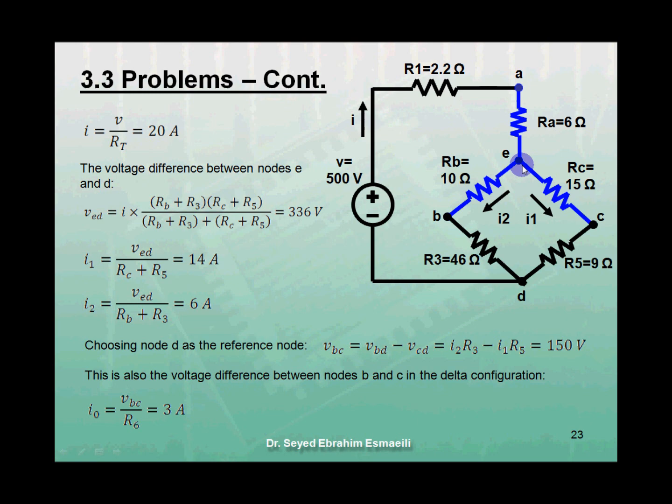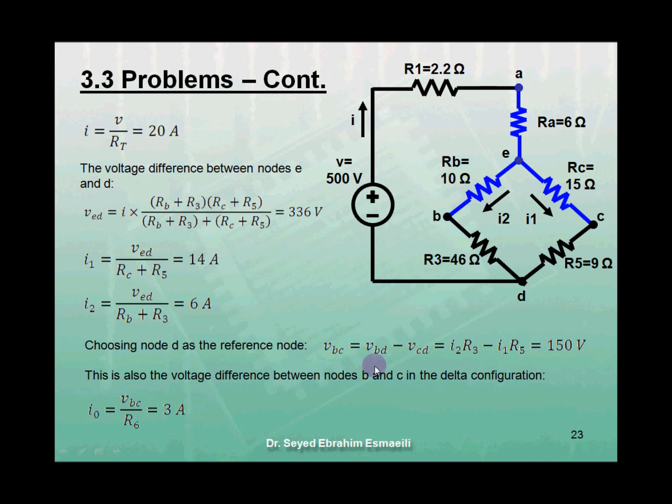I1 equals VED over RC plus R5. I2 equals VED over RB plus R3. In order to find the voltage difference between nodes B and C, we chose node D as the reference node, from which VBC equals VBD minus VCD, which equals I2 times R3 minus I1 times R5, equals